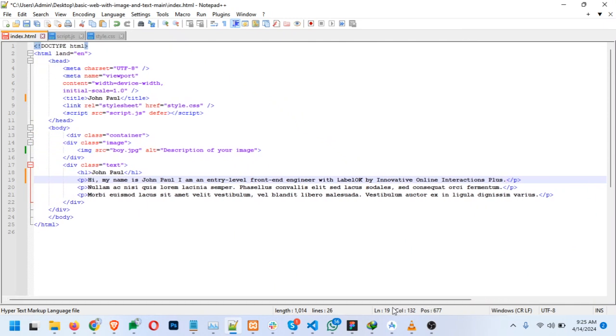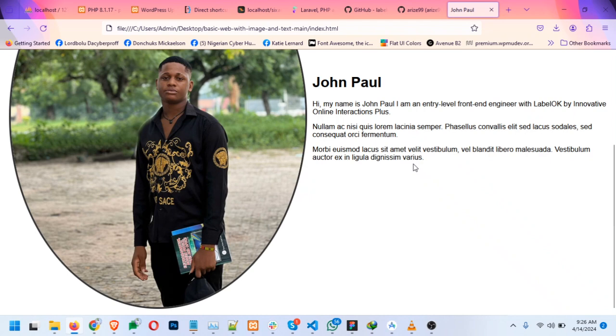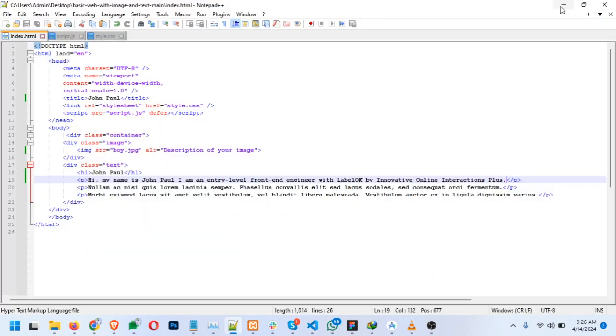All right, so assume this is the first paragraph. Let's save it and see what it looks like. Okay, so there we have it. So now this is the first paragraph. The second paragraph will be like